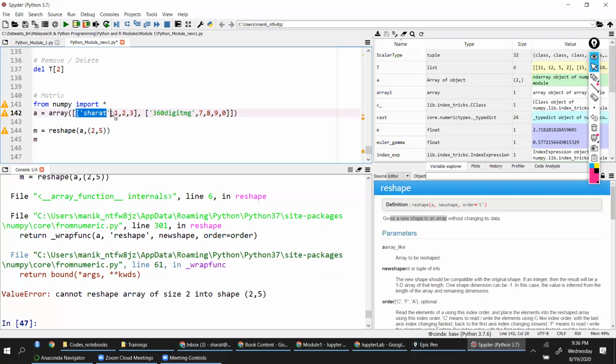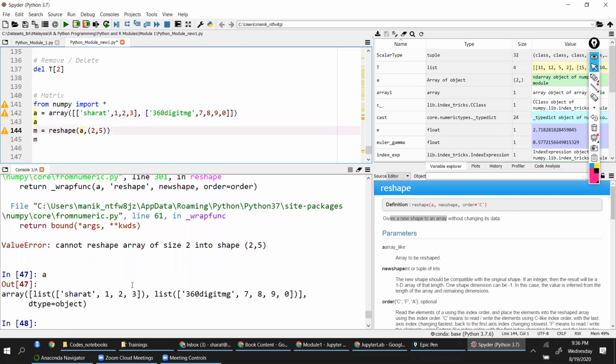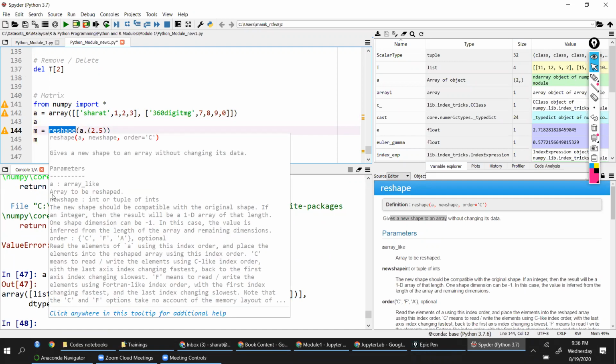So in this particular two-dimensional array, the length of this particular object is how much? 1, 2, 3, 4. Length is 4. Whereas here the length is 5. This array is a valid two-dimensional array. Okay. But I cannot convert that into a matrix.